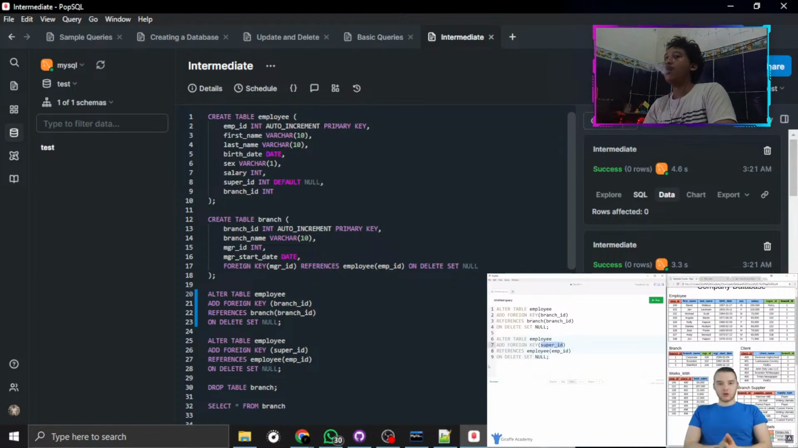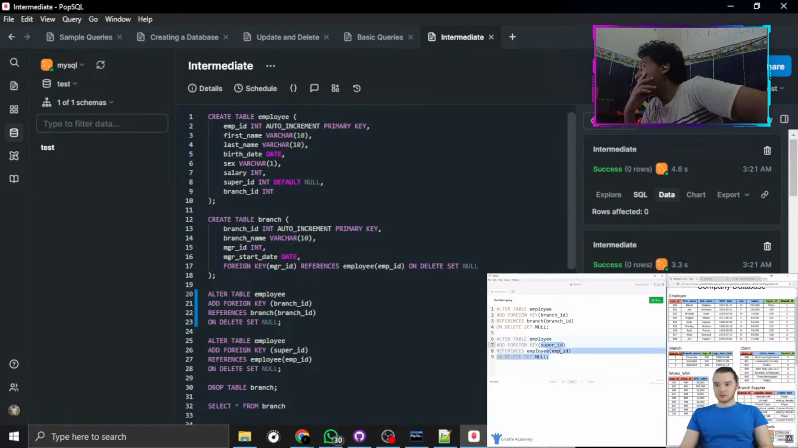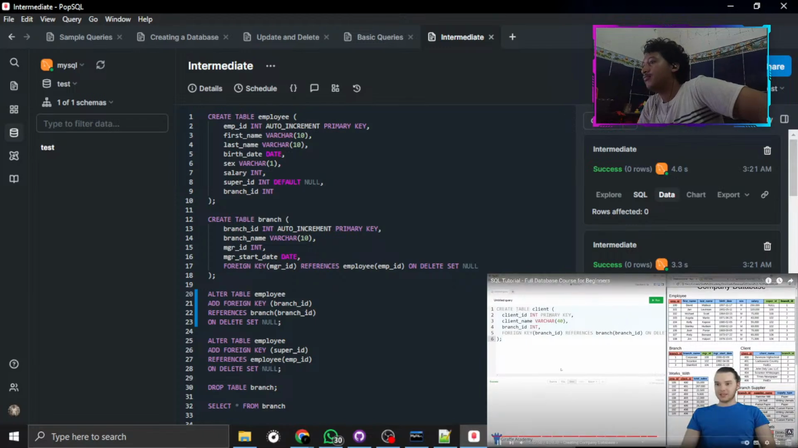So we needed to do that because when we created the employee table, the branch table and the employee table hadn't been created yet, so we couldn't add them as foreign key relationships. All right, so now we're going to add the client table. So you'll see over here, create table client, and we're just storing the client ID as